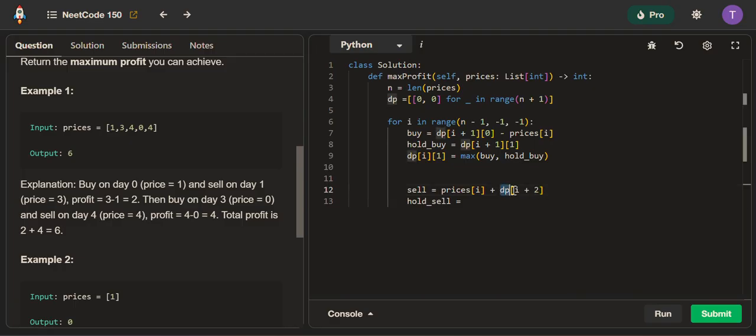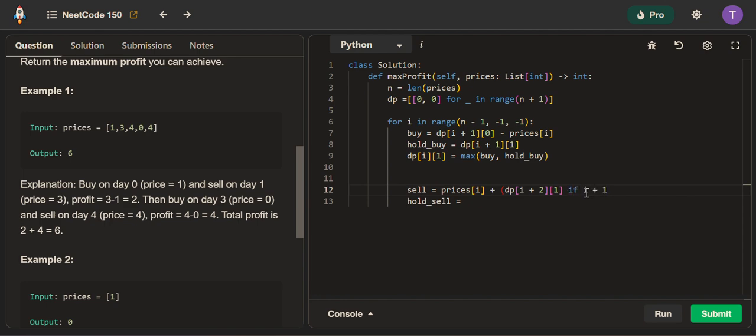But you can buy in 2 days. So you're just gonna take the profit here that you can make by buying in 2 days and basically selling right now, right? So that can actually be out of range, right? Because we're starting at the very last index, so adding two to the last index will make this out of bound. So I just want to say